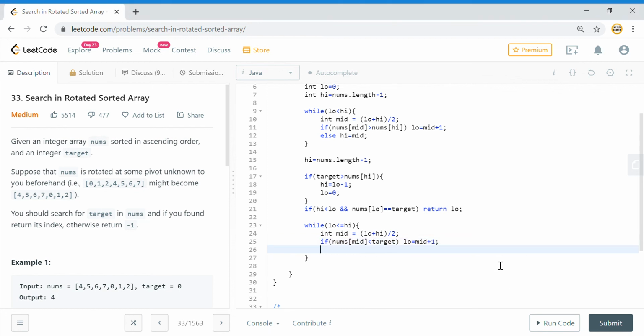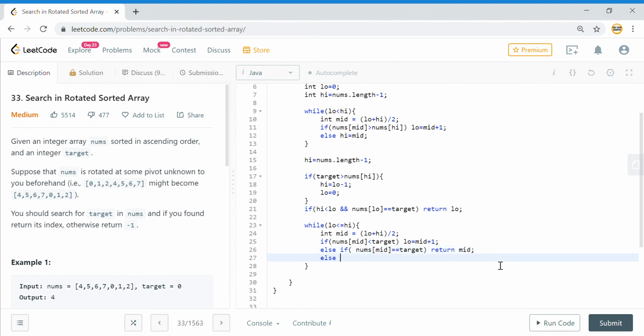Otherwise, else if nums of mid is equal to target, then in that case I have already found my number, so I will return mid.